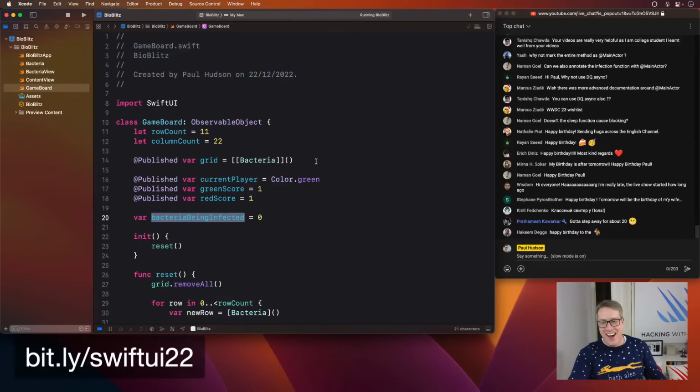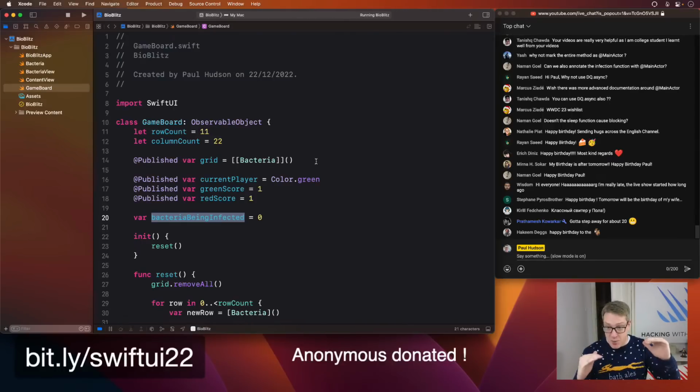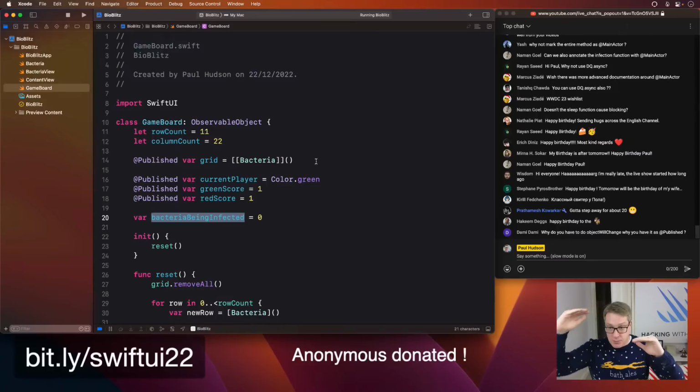And then when I hit 0 again, we know it's safe to change player or potentially end the game. Okay? Makes sense? So it's 0 to begin with, adds up as we infect things, subtract as we finish infecting,